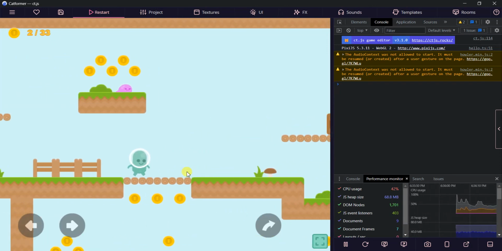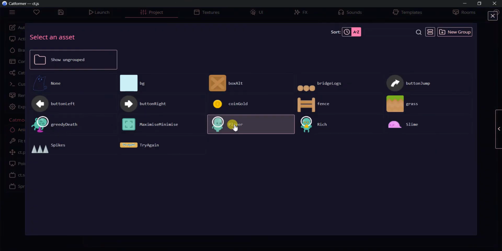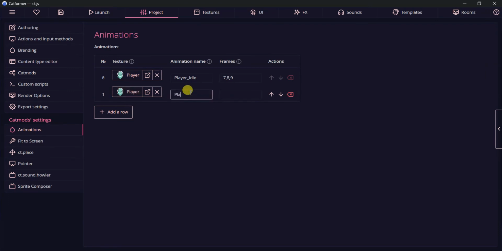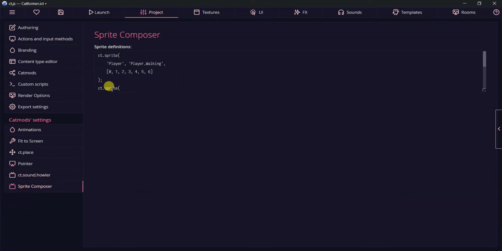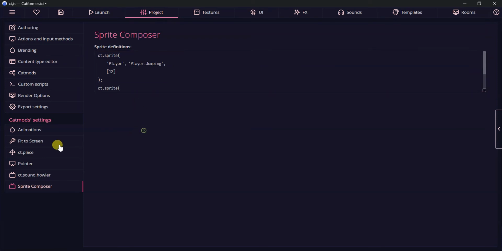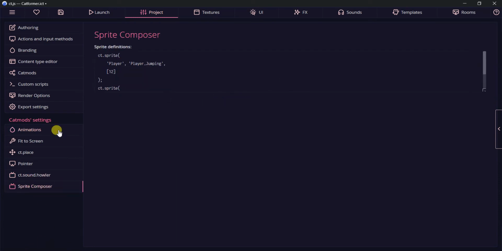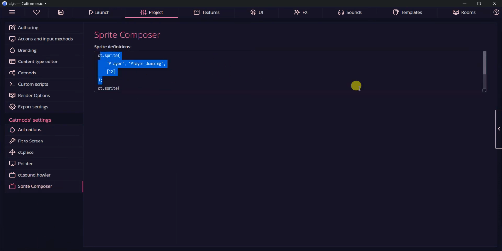And the run animation is pretty much the same. Just add here, select the texture, name this player walking, I think. And this is from 0, 1, 2, 3, 4, 5, 6. So in the sprite composer we can remove that code and use it from here. I think it's pretty much the same for the code,